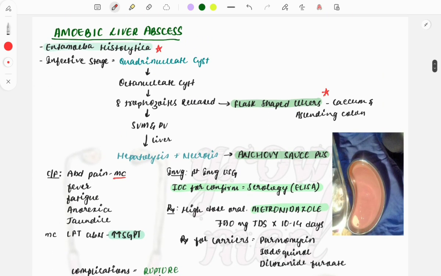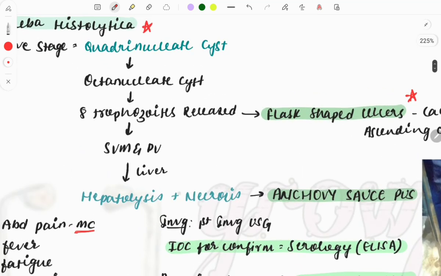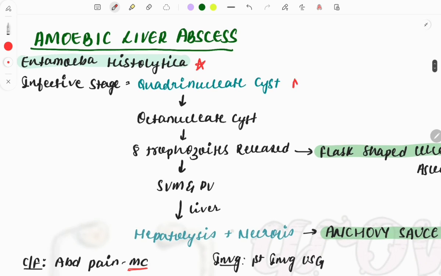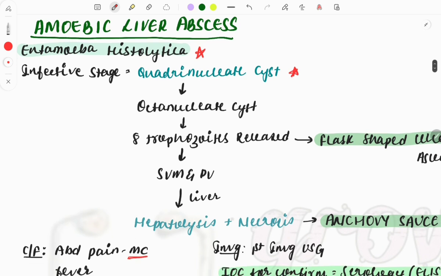So for amoebic liver abscess, I will be discussing the things which you must remember and which are important for the exam. The causative organism is Entamoeba histolytica, the name itself says it, no need to use much brain. Amoebic liver abscess, so amoeba is the causative organism. Then this is important because the infective stage is the quadrinucleate cyst,